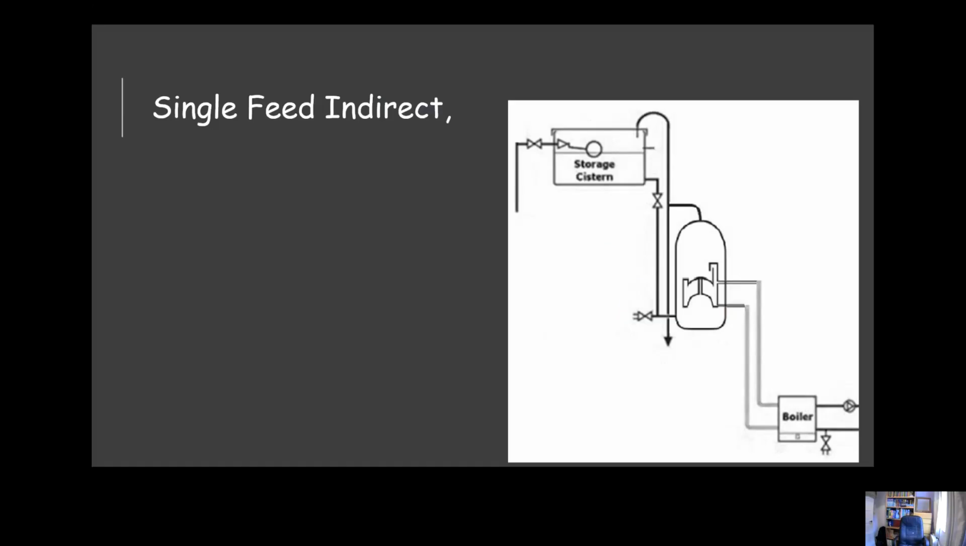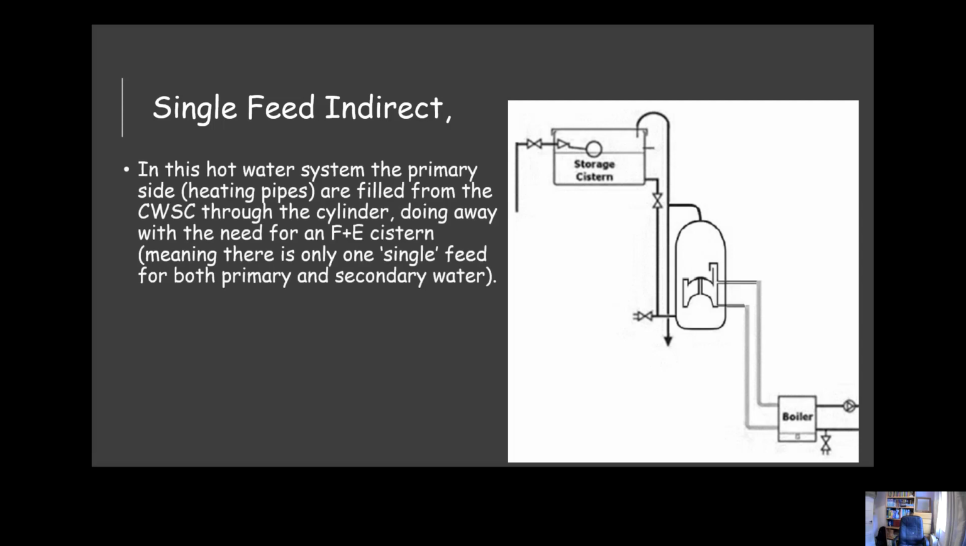Now we're going to look at single feed indirect cylinders. In this system type, the primary side, the heating side, is actually filled through the cold water storage system, and every other open vented system type would be fed from a feed and expansion system. And that's the reason why this is called a single feed indirect system, because you have a cold water storage system which would fill up your single feed indirect cylinder through the cold feed, and then